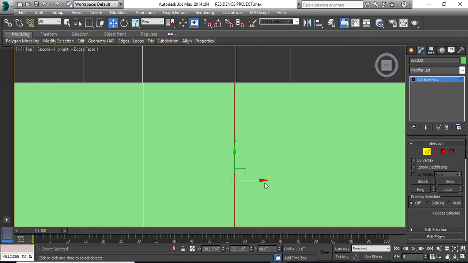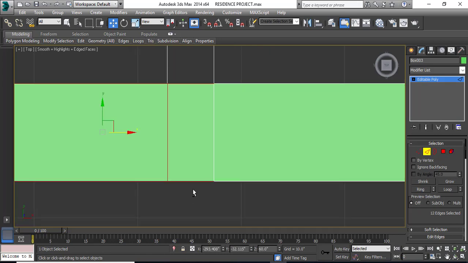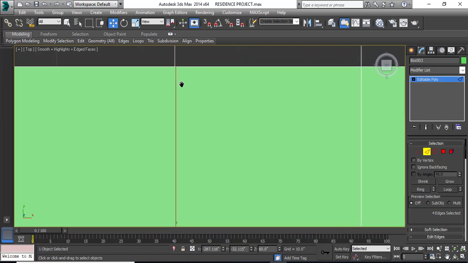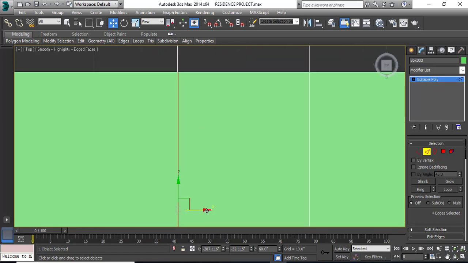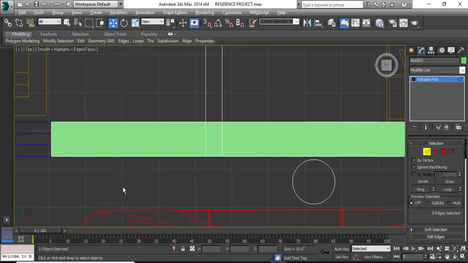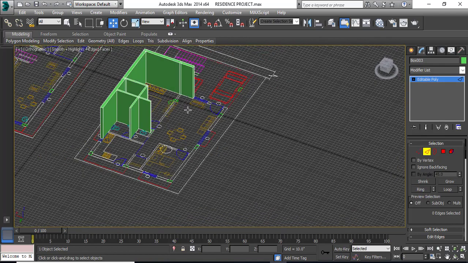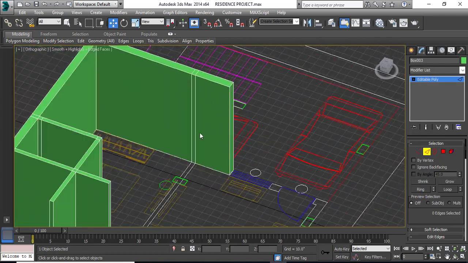As we can see, it is not accurate yet. We'll move it a little more. The same way again, we will select this line, deselecting the rest, and drag it a little bit. Yes. So we'll go to perspective again to see if it is done correctly. Yeah, so this is how it is done.